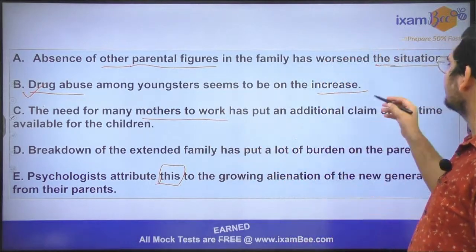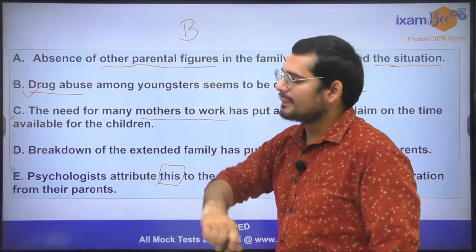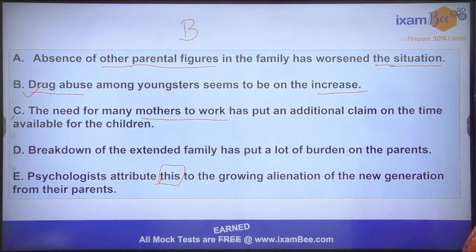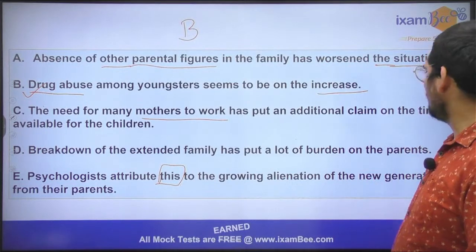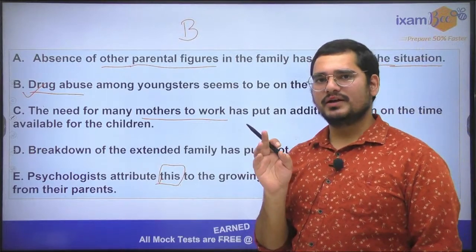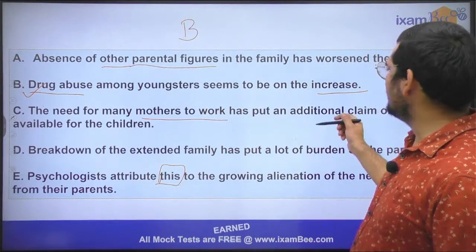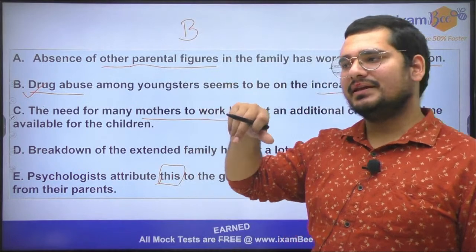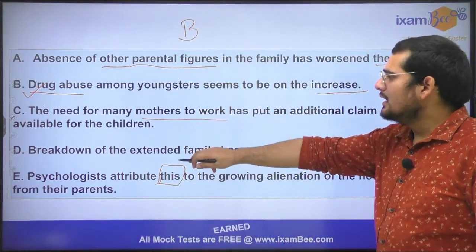ठीक है, अब हम पढ़ते हैं इसका सेकेंड वाला कौन सा हो सकता है। ओके, सो पहला हम लगाते हैं आर करेक्ट सीक्वेंस बी। ओके, नाउ सेकेंड, अब C को अगर हम पढ़ते हैं, the need for many mothers to work has put an additional claim on the time available for the children। नहीं, ये तो एकदम totally different context हो गया ना, यहाँ पर तो कोई मैच ही नहीं कर रहा है, यहाँ पर मदर्स की बात नहीं हुई थी, ना ही यहाँ पर कि वो कैसे अपना टाइम चिल्ड्रन को दे सकते हैं या नहीं दे पाते हैं, इसका भी कुछ यहाँ पर बात नहीं हुआ, तो ये हमारा सेकंड नहीं हो सकता है।